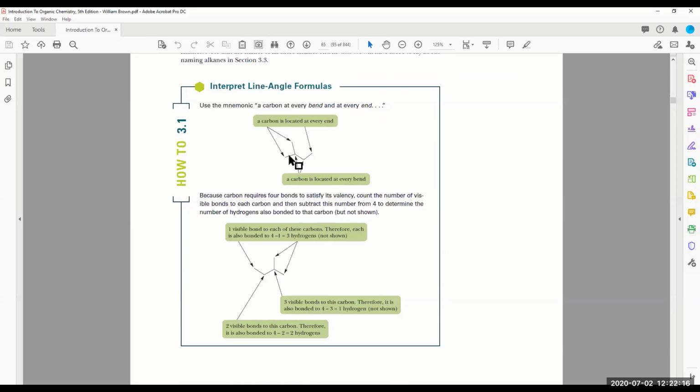Now remember, alkanes only contain carbon-carbon and carbon-hydrogen single bonds. So each carbon, to satisfy the octet rule, must have 4 single bonds in a tetrahedral arrangement. This carbon here at the end has to have an octet of electrons. It has a carbon-carbon bond already. That means it has to have 3 other single bonds with hydrogen atoms. So there's 3 hydrogen atoms located at this end and 3 hydrogen atoms located at this end.